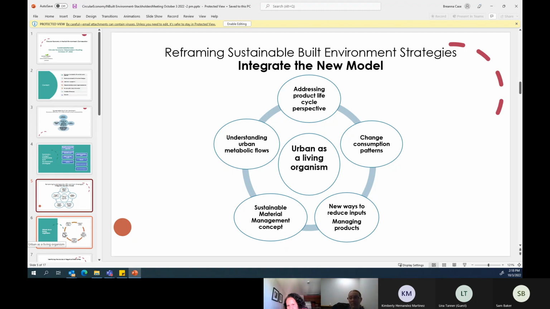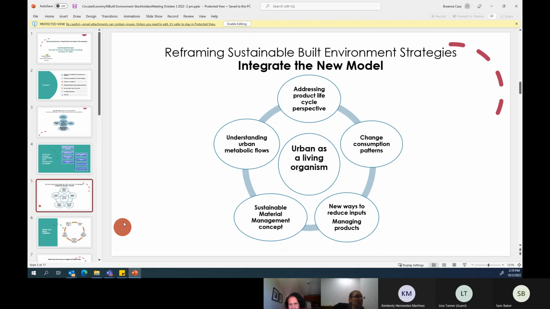All of that should pass through it. Another very important thing, we'll see later, is new ways to reduce input or manage products. This is knowledge, technology, and efficiency at a higher level, involving remanufacturing and recycling, like Sophia's example, a recycling company and others.